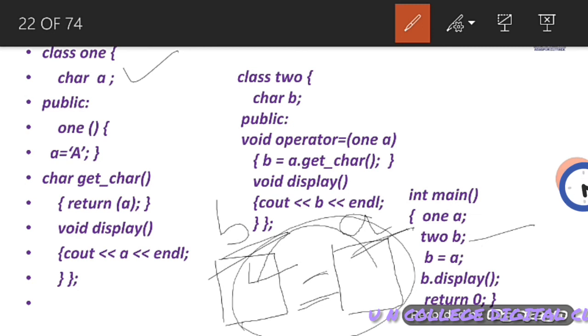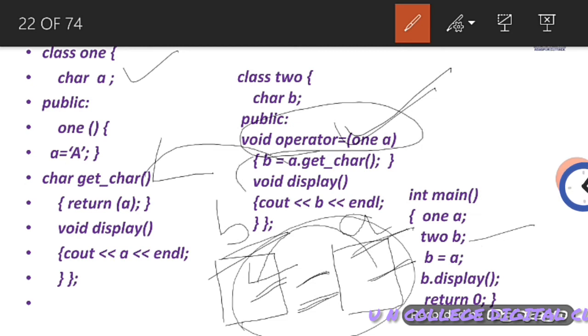Just two factors here are important to understand. When we are using the equal to operator, this method is executing, and for transferring the value from this location to this location this particular method is working. These two methods are responsible here to perform the typecasting. Actually this one is important, and in the coding you may write anything, no problem. I hope you have got a clear concept on this one class type to another type of class conversion.